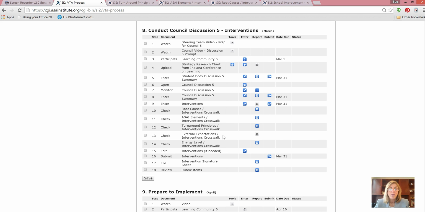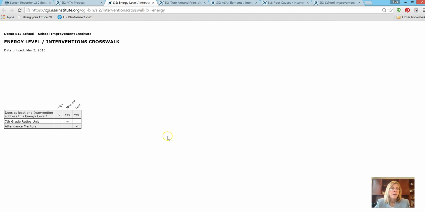Okay, so after we've looked at all of those, I think I skipped one. Yep, the energy level. Same thing. This is high, medium, or low, and if you end up with like 8 interventions that are all engaging the staff in a major way, you might want to be thinking about, do we really have the capacity to do all of this, or would we be better off to just do a few of these things really, really well, and save a few for our next school improvement plan?